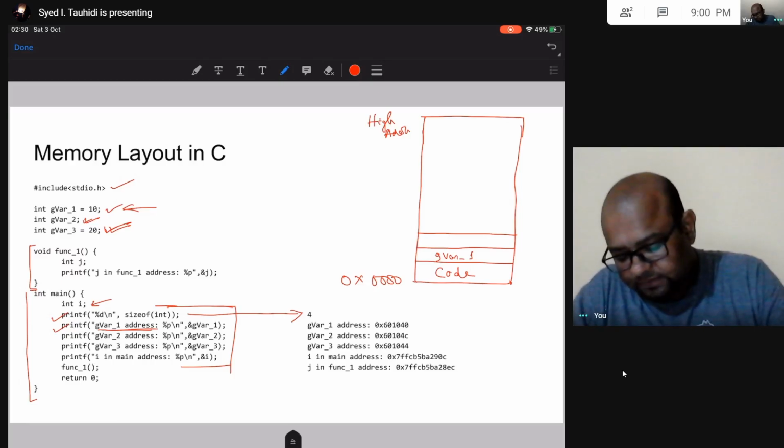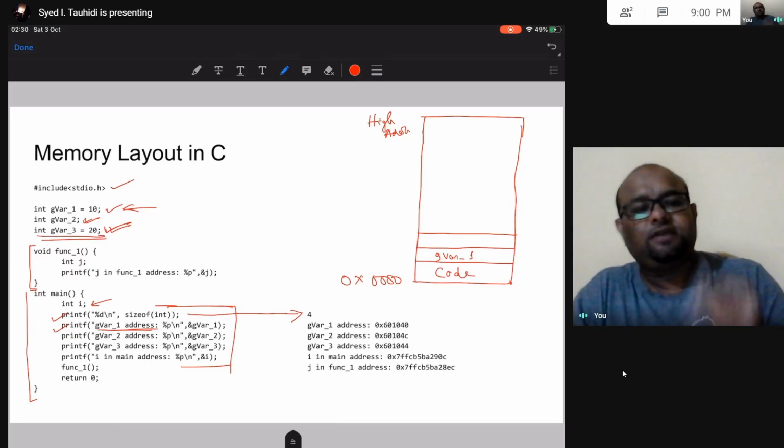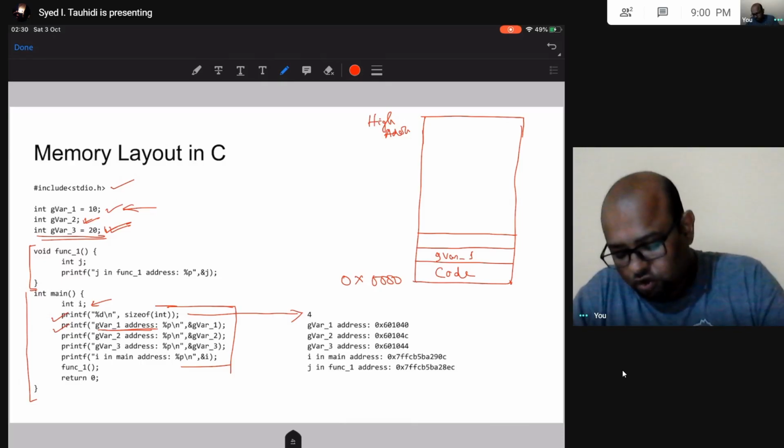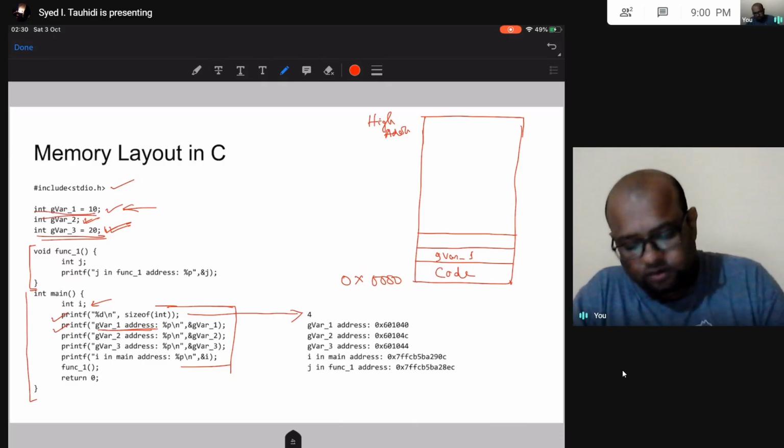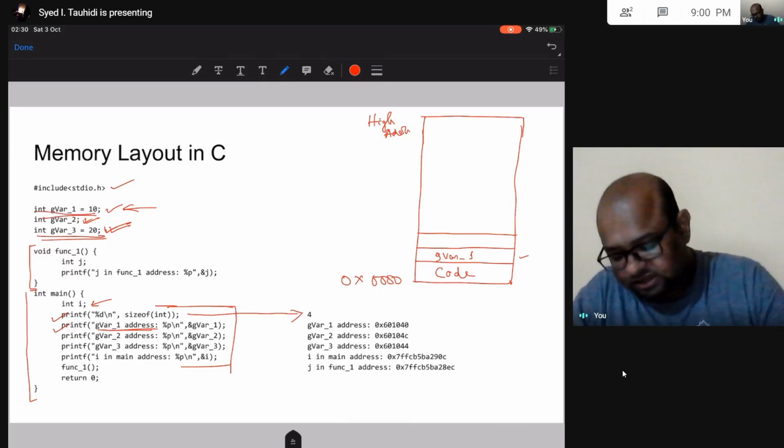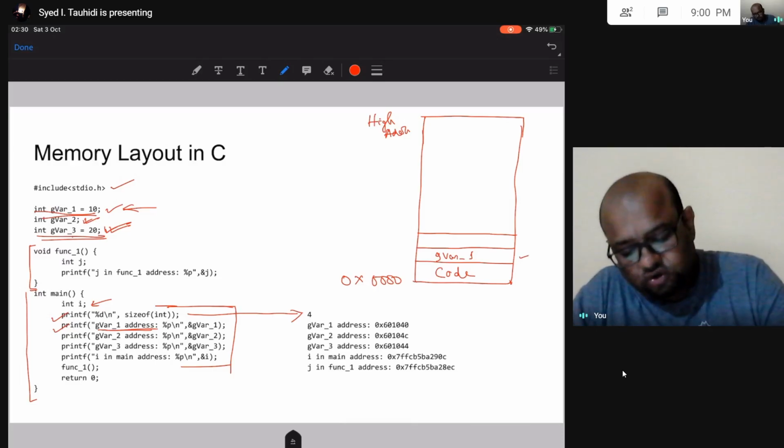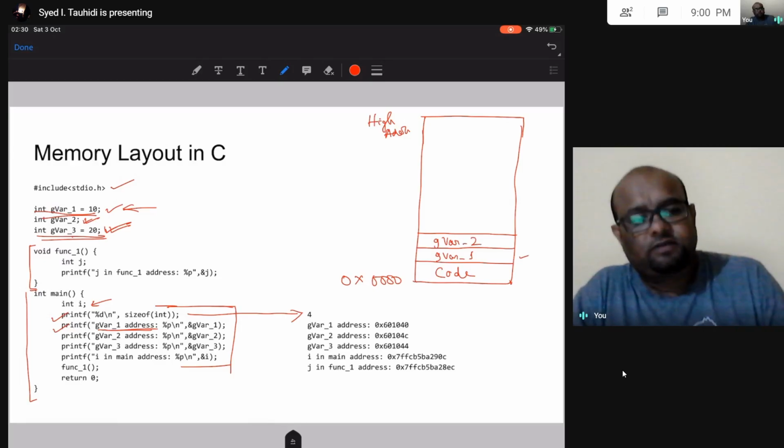So global variable 3 is initialized, global variable 1 is initialized, so global variable 1 is given this address, global variable 3 is going to be given the next address on top of global variable 1, right?